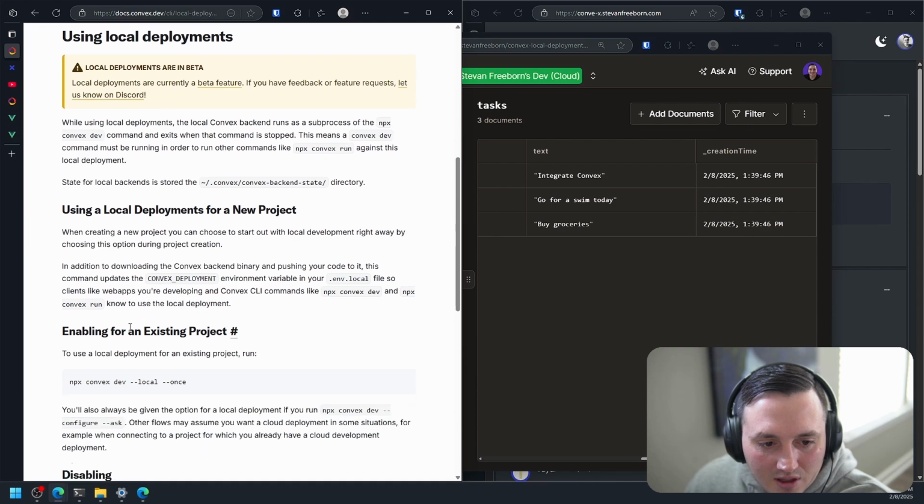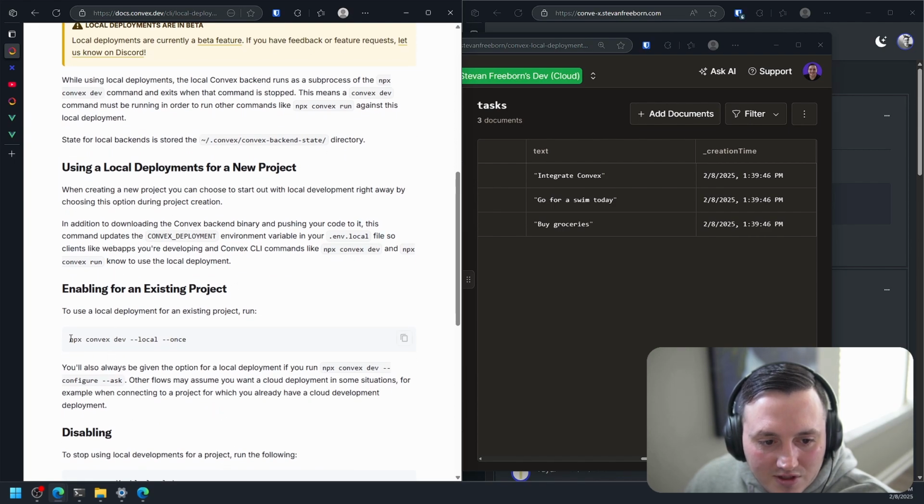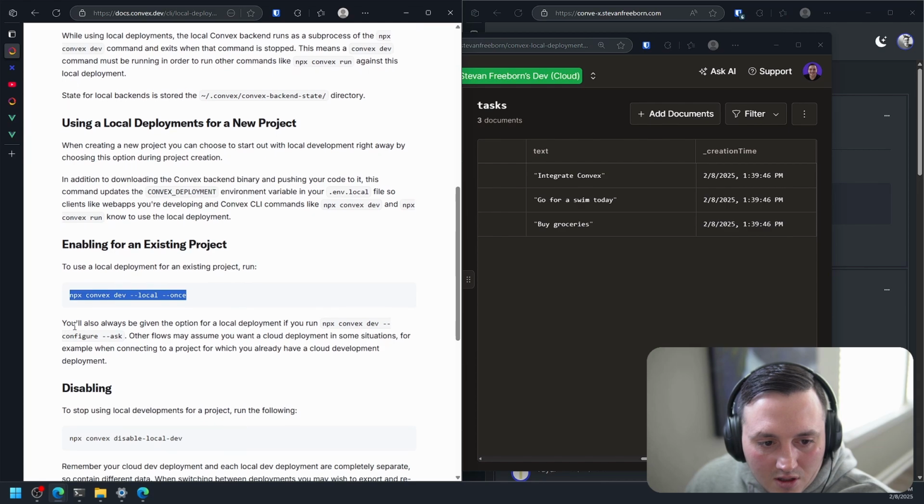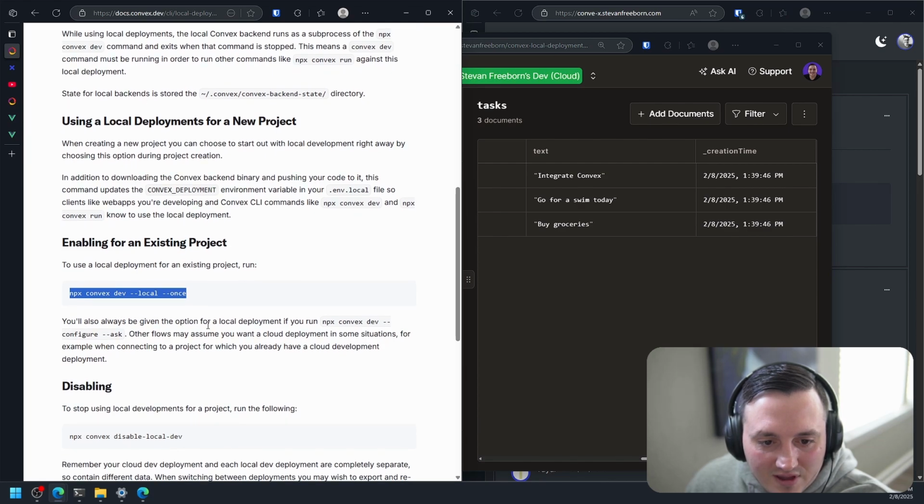Okay. You'll also always be given the option for a local deployment if you run npx convex dev configure ask. Other flows may require you to want a cloud deployment in some situations, for example, when connecting to a project for which you already have a cloud development deployment.